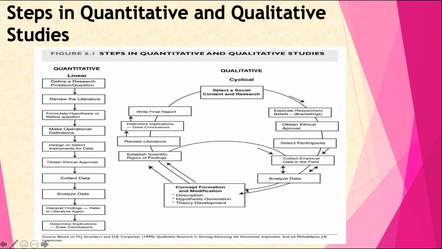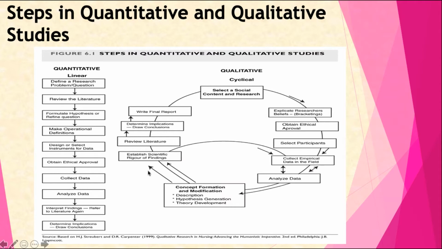Then you go to the concept formation and modification in order to develop the tentative hypothesis. As I say, you must find out the regularities or the patterns. After that, you may not find those patterns. Then you go back, collect the data, analyze, collect the data, and go back again. If you feel that the patterns are there, the regularities are there, something is frequently repeated, you will establish your